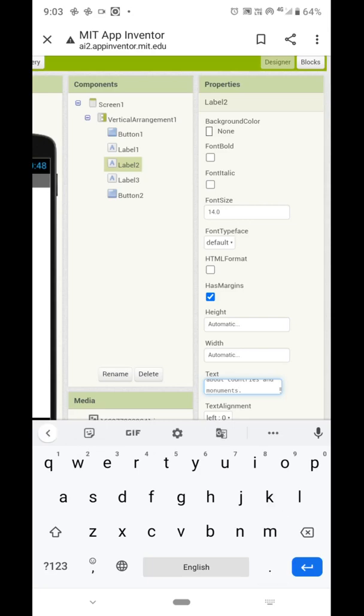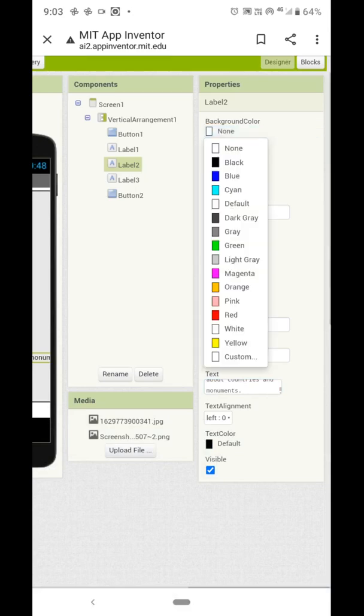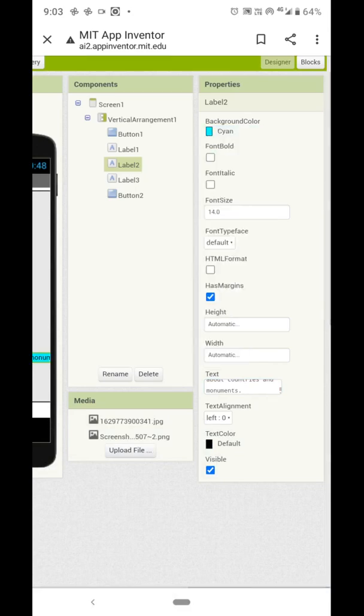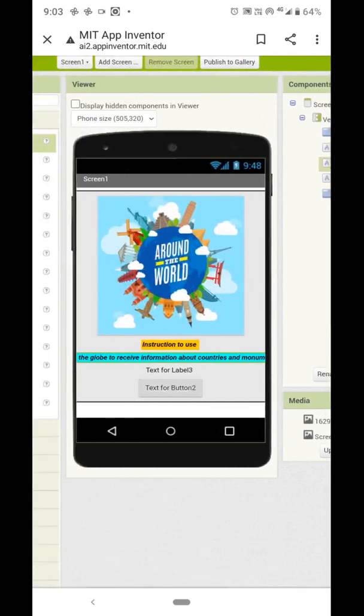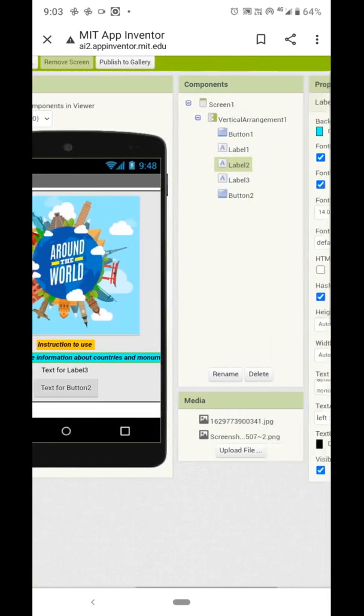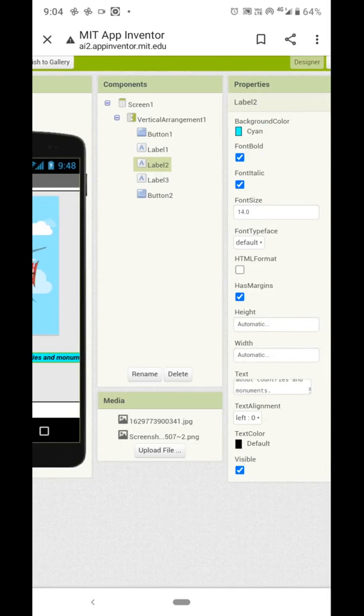Change the background color. Make it bold and italic. Will increase the height.